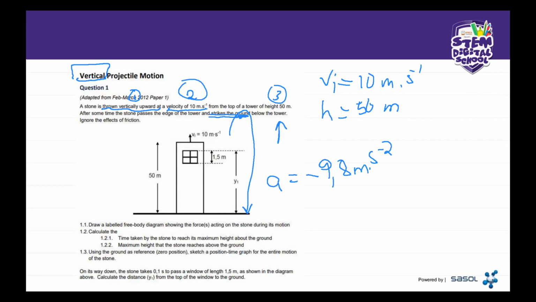So now we've labeled all the stuff that we need to know before you even attempt the question. That's why I say that what's important when you write your exam is that you need to understand what kind of problem you are dealing with. Are you dealing with projectile motion? Work, energy, and power? Forces? You need to be clear on that. That's why it's very important that you understand your question, especially with mechanics. Most of them use similar equations, but there are those ones that stand out where you know this is what you always use. Like for example, with vertical projectile, our acceleration will always be 9.81.